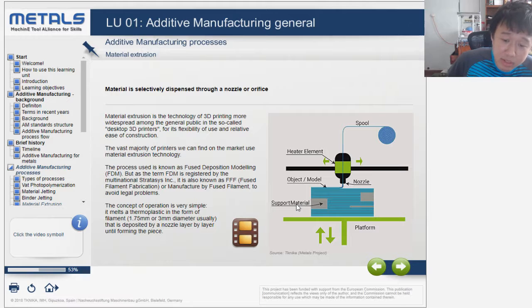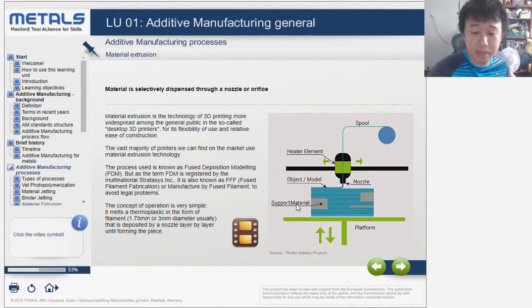The process used is known as fused deposition modeling, but as the term FDM is registered by Stratasys, it is also known as fused filament fabrication, or manufactured by fused filament, to avoid legal problems. The concept of the operation is very simple. It melts the thermoplastic in the form of filament that is deposited by the nozzle layer by layer until a